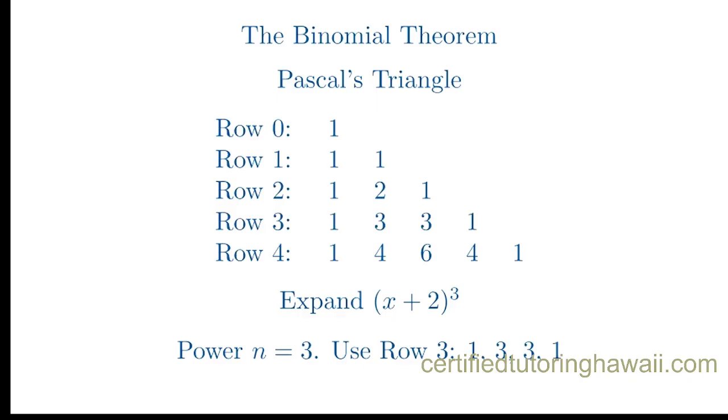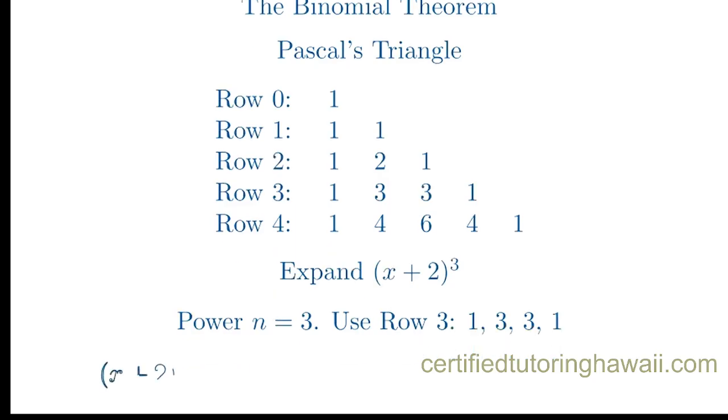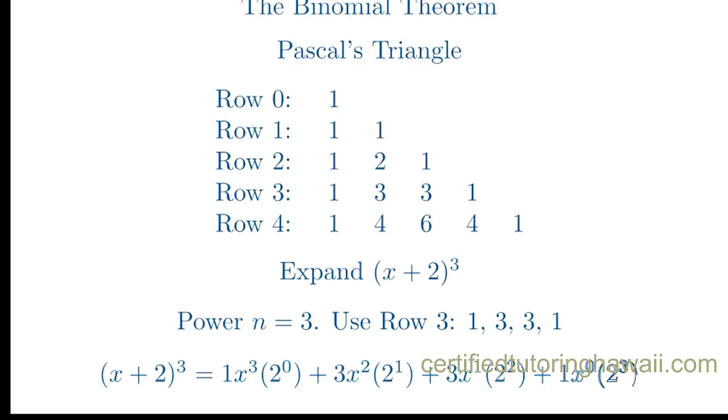Now we build the terms. The powers of the first term, x, start at 3 and go down. The powers of the second term, 2, start at 0 and go up. So the expansion is 1 times x cubed times 2 to the 0, plus 3 times x squared times 2 to the first, plus 3 times x to the first times 2 squared, plus 1 times x to the 0